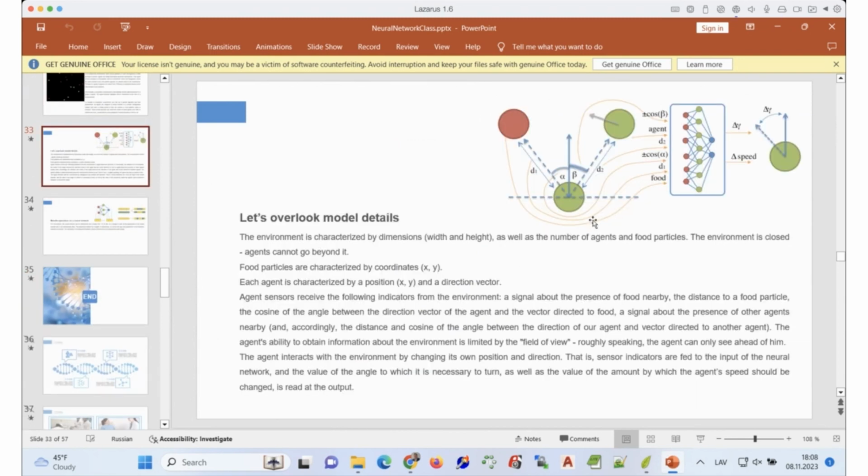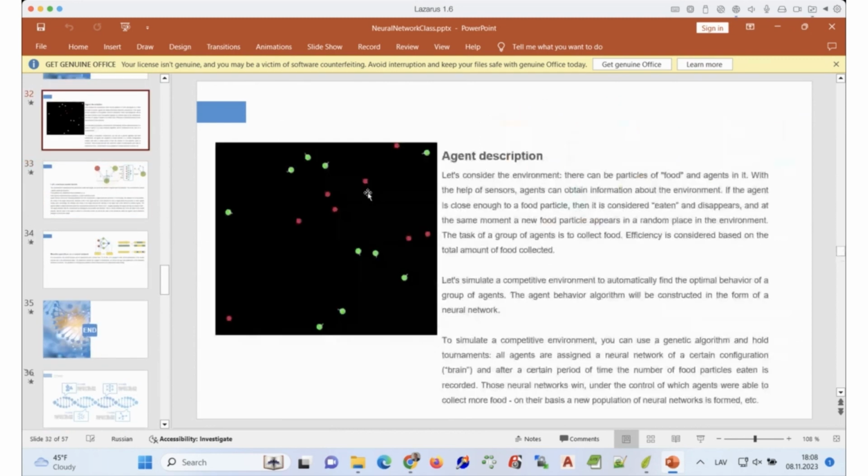So the idea of the entity would be the following. Oh, and by the way, you see each of those green entities, they have their nose, right? A small stick connected to them. You see this, right? Yes. That literally points to the front direction of the entity, or in other words, the direction of sight.